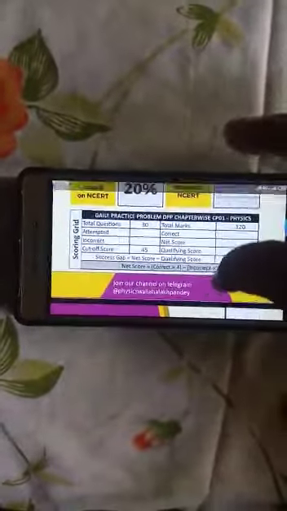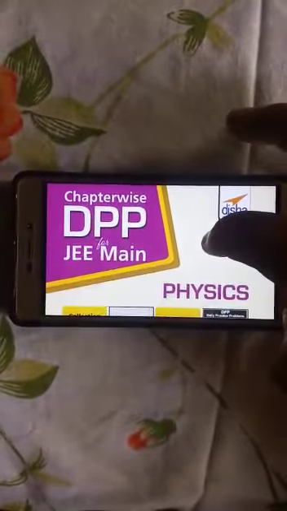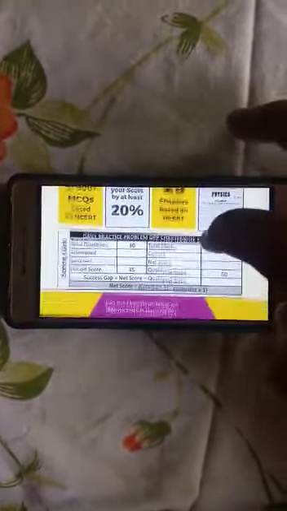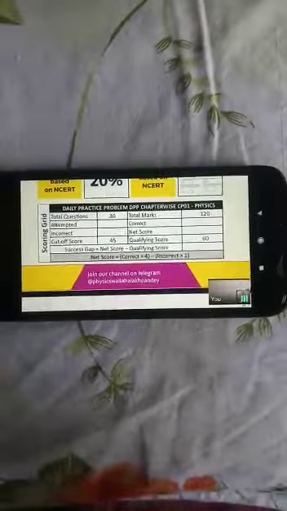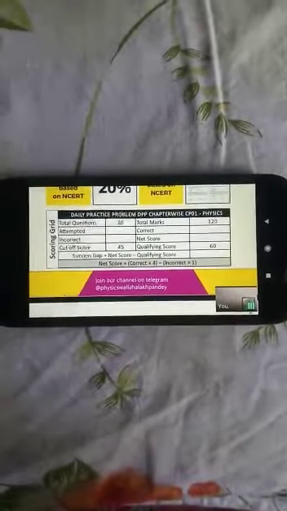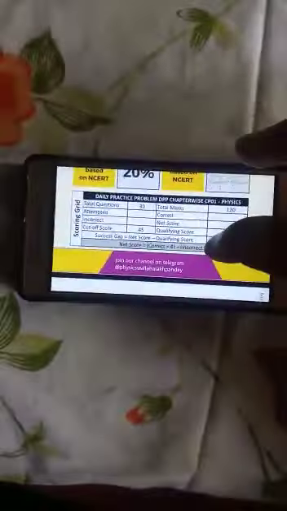So in this way my phone's full screen will be visible here, as well as my full phone screen will be visible on the another phone that is used by the student also. So in this way we can use the complete screen sharing by using Google Meet app.